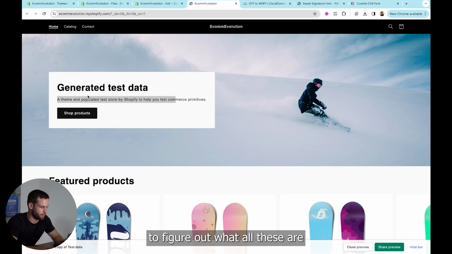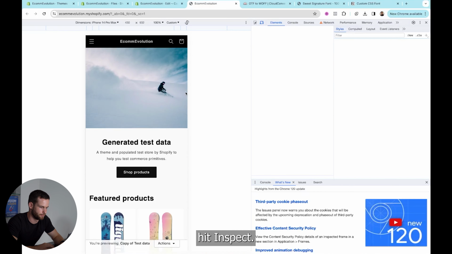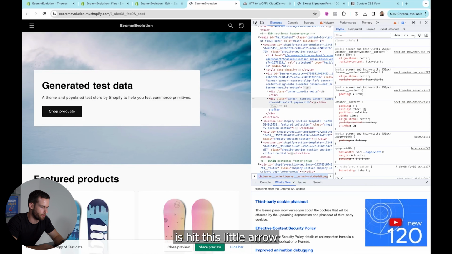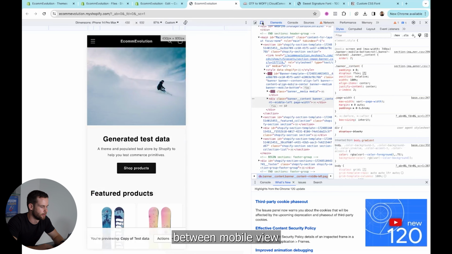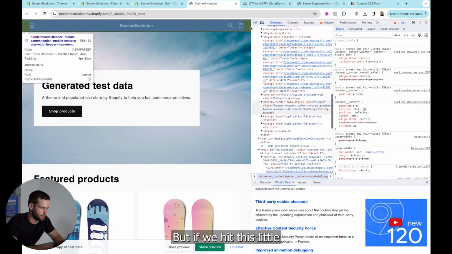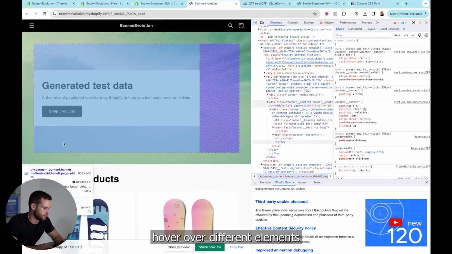So the easiest way to figure out what all of these are is to right click, hit inspect, and then what we want to do is hit this little arrow in a box here. The one next to it just toggles it between mobile view and desktop view. But if we hit this little inspect icon, we can now hover over different elements and it tells us what